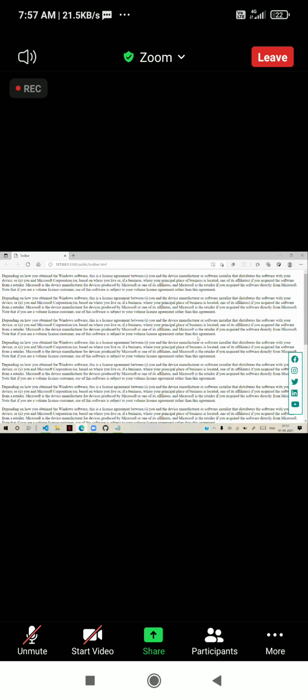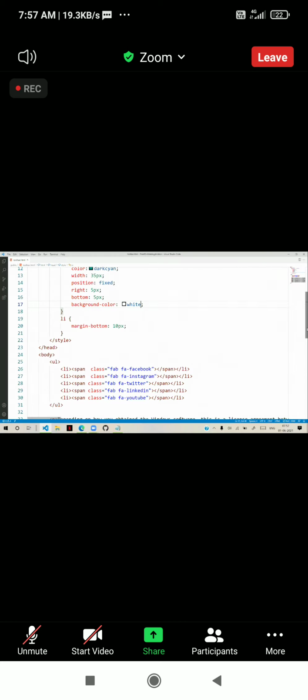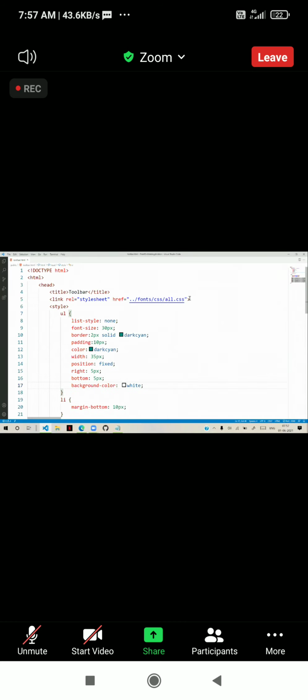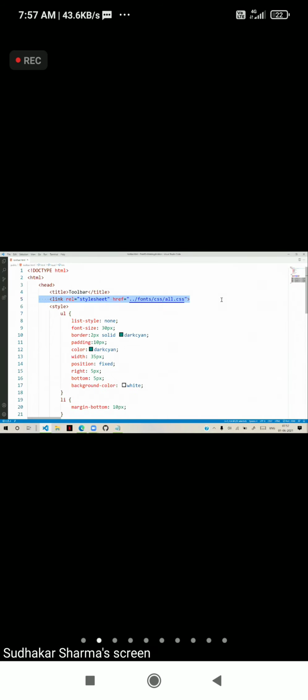Second point, you are giving the class names correctly. If the class names are wrong, it will not work. Another point is make sure that you have the Font Awesome CSS linked in your page. If you get this path wrong, then Font Awesome cannot work for you.